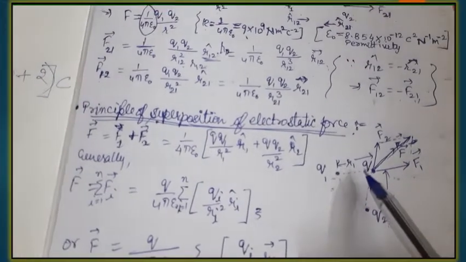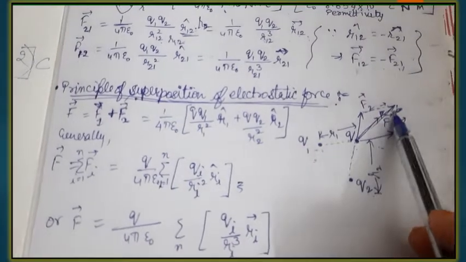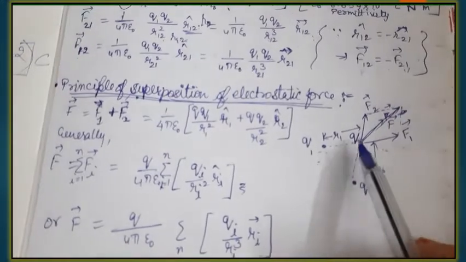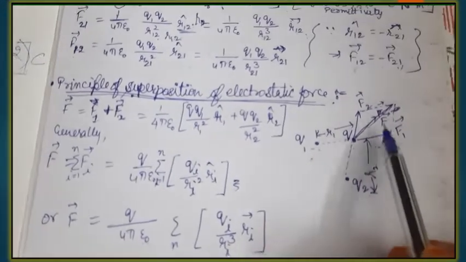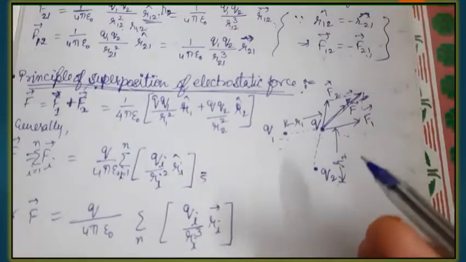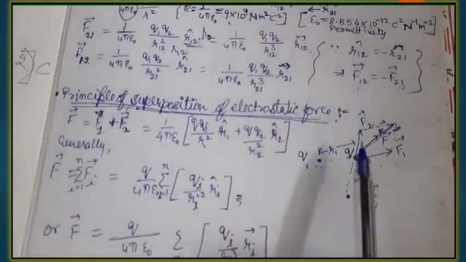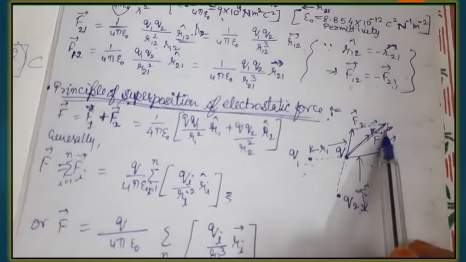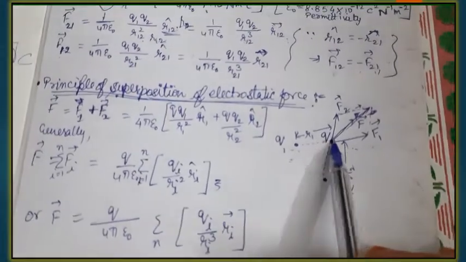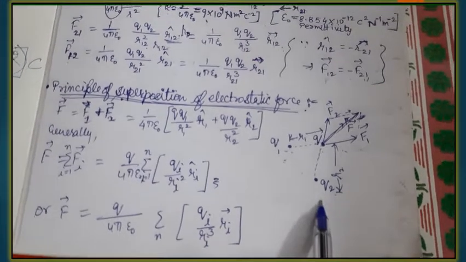So if we want to find out the net force acting on the system, then we have to use the parallelogram law of vector addition. We form a parallelogram, and the diagonal of that parallelogram will give us the resultant of the two forces F1 and F2. You must be aware of this parallelogram law of vector addition, which we have studied in class 11th. So by the parallelogram law, the diagonal of this parallelogram will give the net force acting on the charge q due to the system of charges q1 and q2.